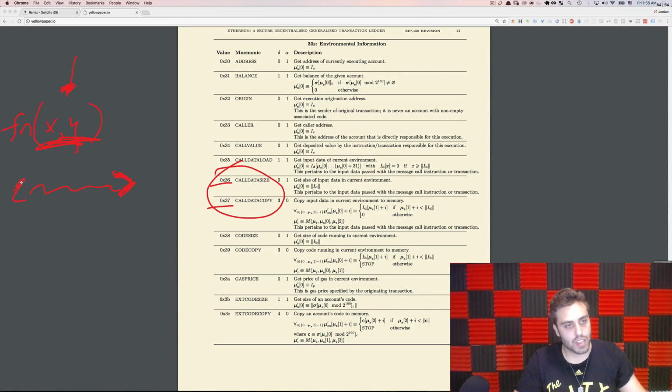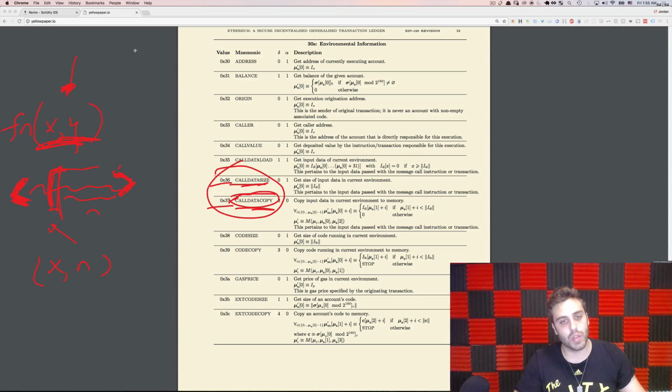Those x, y arguments are what's called the call data of the function, and that comes in as some buffer to the contract. And the way that you are always dealing with things in the EVM is that you have some start byte, which we'll just call x, and then you're always going to be copying bytes from that buffer onto the stack. And you're going to copy n bytes from the start byte. So you always need these kind of opcodes like call data size to get the size of the call data, and then you're going to copy n bytes from x. So these kind of things play in tandem with each other.